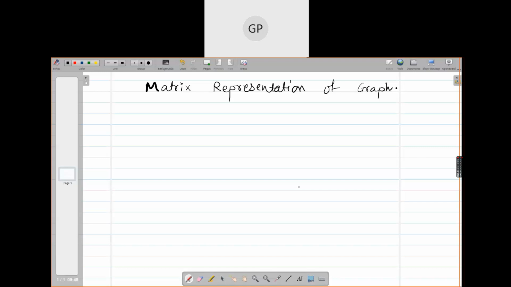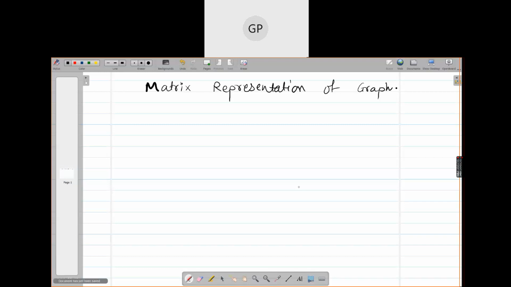Now, as your graph consists of two main components, which two components? Can you tell me which things we use to define a graph? The basic things. Axis, X and Y axis. I'm not talking about those graphs, Sanjana. I'm talking about graph theory. Okay, okay. Vertices and edges. Vertices and edges, right?